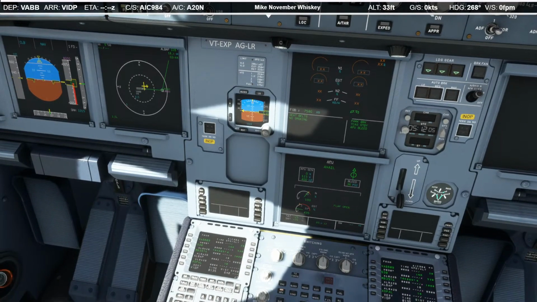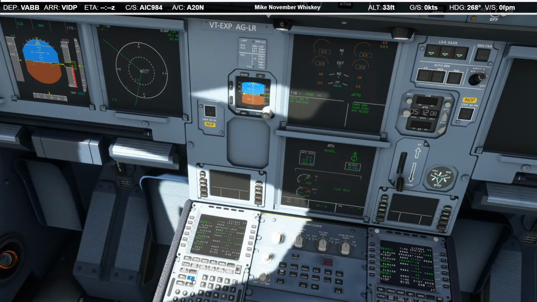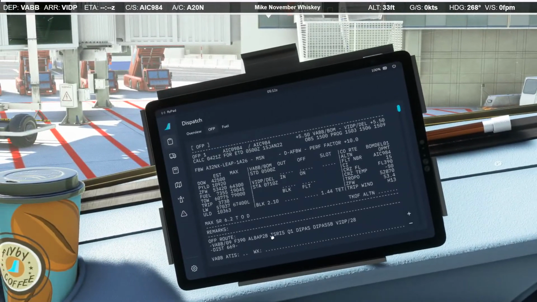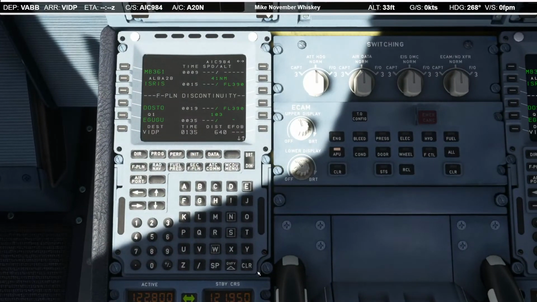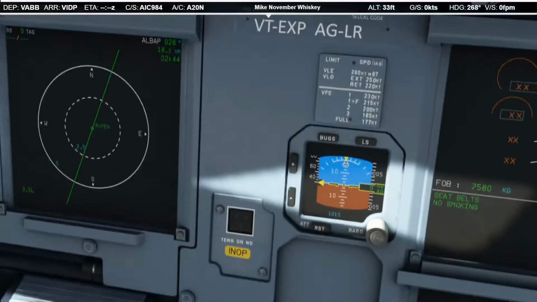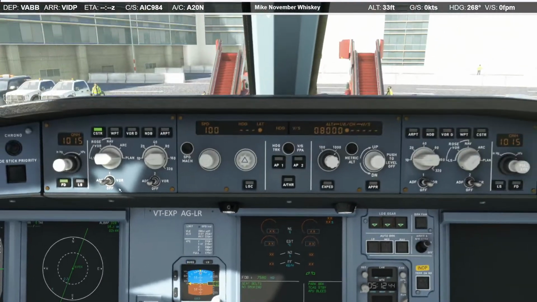So that's our initial climb out to 1,000, and then next is VABB to 8,000, Zopal to Mike Bravo 877, 361 to ISRIS. And then we have a discontinuity. From ISRIS, we'll just go direct to Dosto per the plan. Oh, I see. Via Q1. That must be part of Q1. So let's go ahead and clear the discontinuity. And that's all en route Q1 to the next. Okay. That looks fine to me.